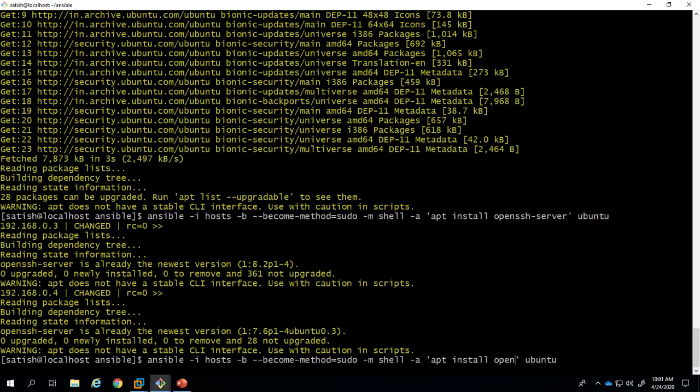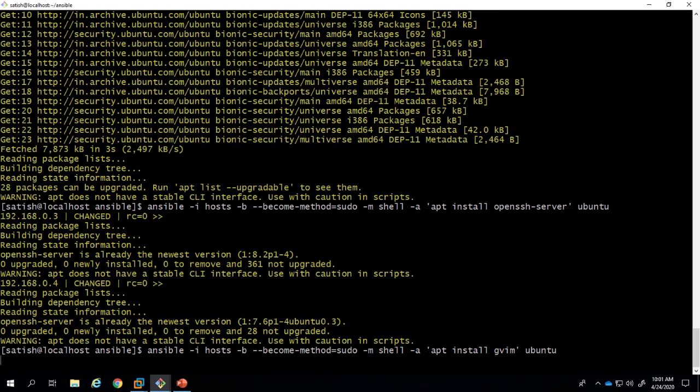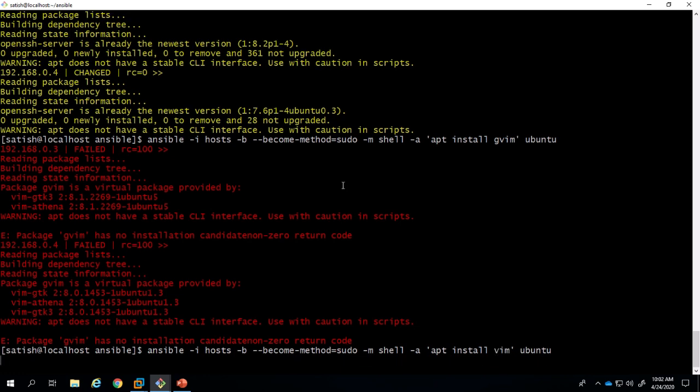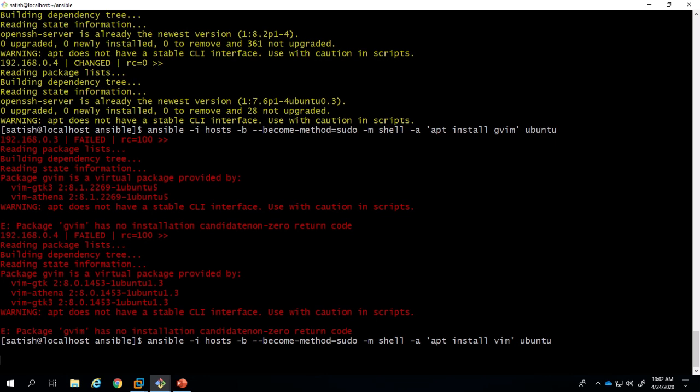handled by Ansible. OpenSSH server is installed on those two hosts, and it is showing installed. Whichever software you want to install, if you run a single line command on your Ansible server, all packages will get installed on all your client machines.